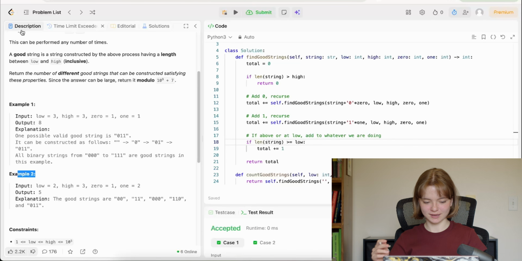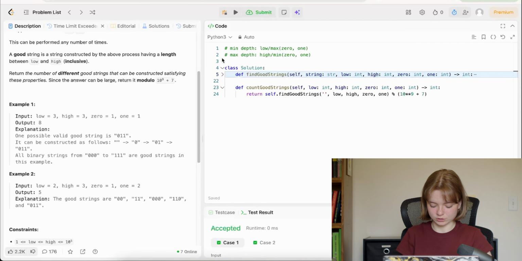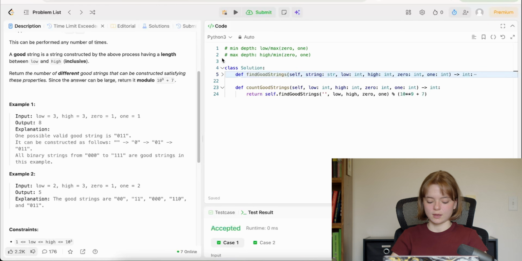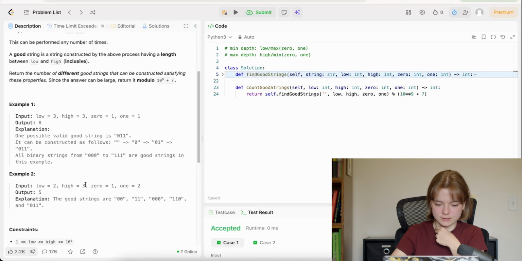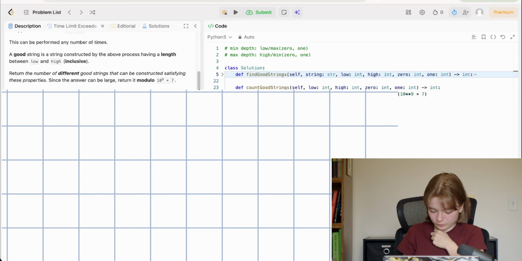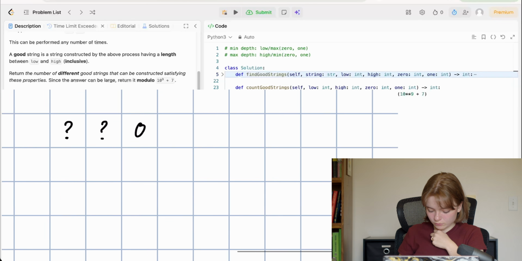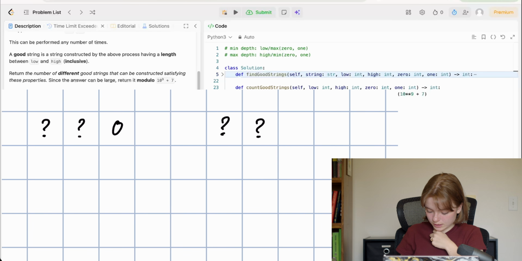Okay, I think I have an idea of how to do this. First off, basically we build up our dynamic programming table. Basically this: 0 is 1, 1 is 1, 2 is 2, and 3 is 3. And then we start from the end, and our maximum length, let's say, is 3. So we start from the end and we have something ending with 0 or something ending with 1.